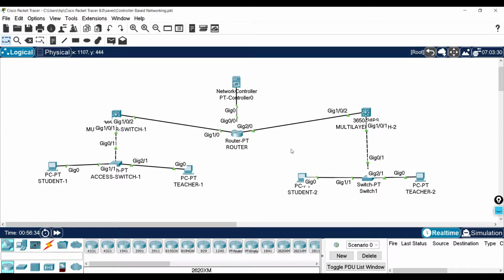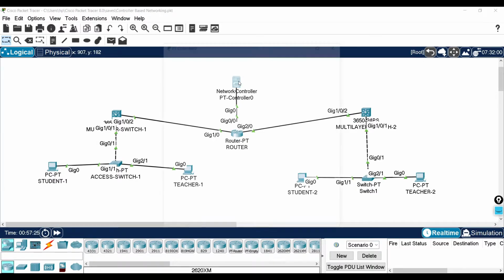Now I will practically show how controller based networking works. In this underlay traditional network, on all the layer 3 devices, I configured the user credentials, and the complete configuration is done, and these user credentials are given to the network controller. The network controller is well aware of these network devices because they are legacy devices and the controller uses the CLI to log in to each network device. So the controller knows its credentials.